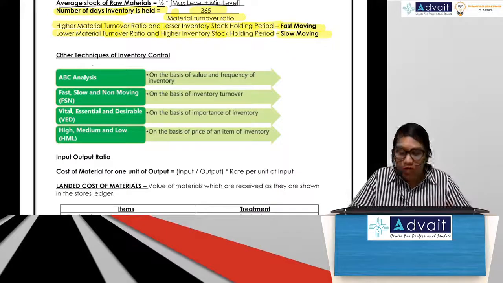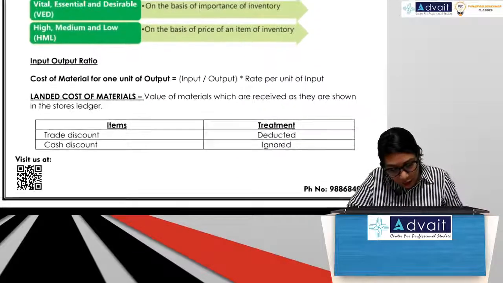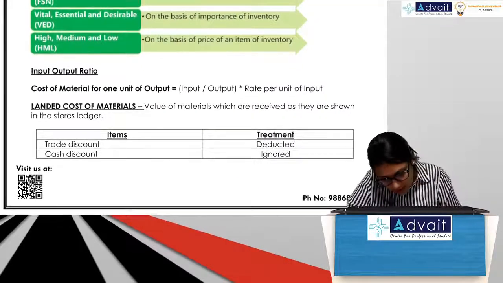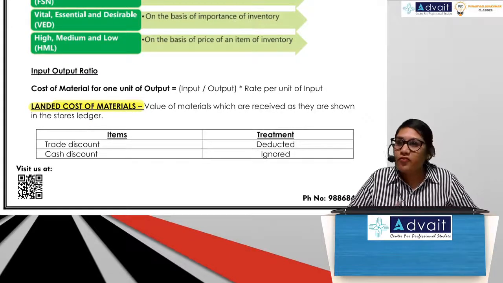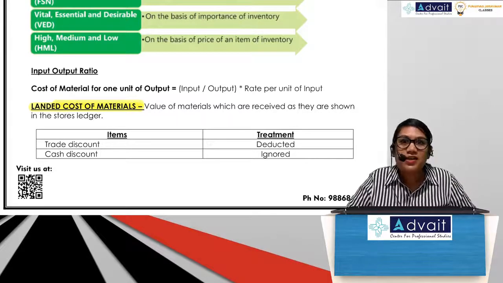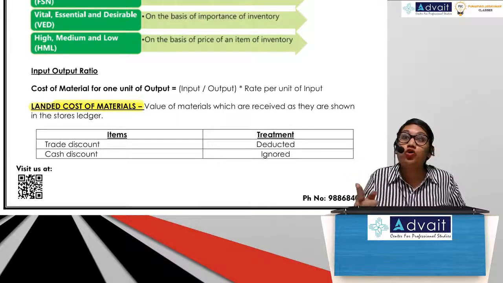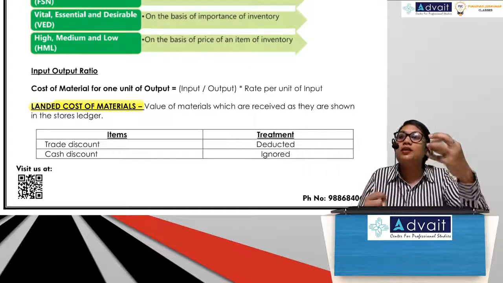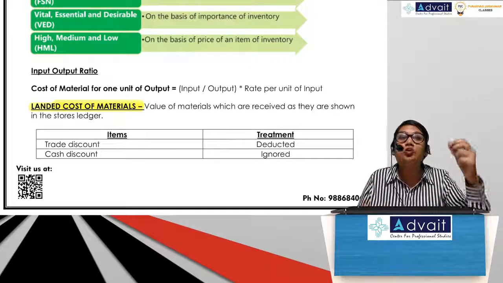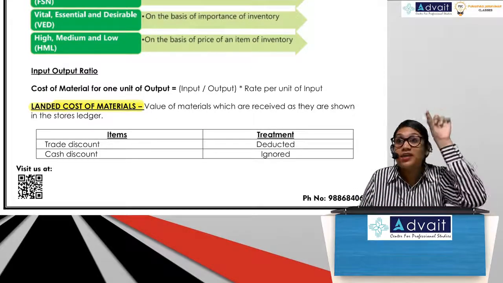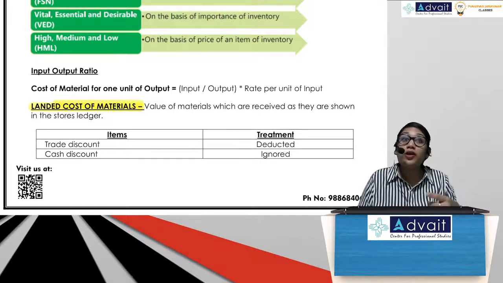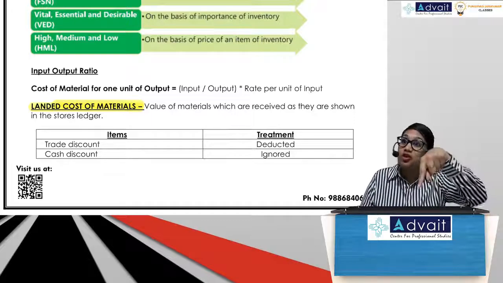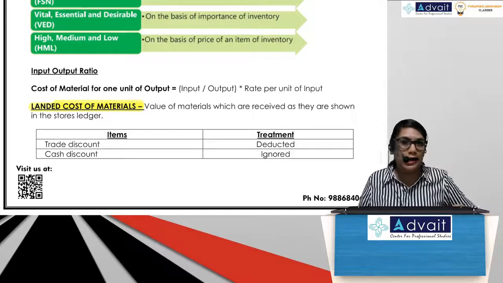Now we will move on to a very important concept, which is the concept of landed cost of materials. We have come across this term when? Yesterday, yes, when we were doing the cost sheet. I told you that we add certain costs which are related to my direct material, with direct material as part of prime cost. Remember, I told you that when we do landed cost of materials, I'm going to remind you, so I'm reminding you now.